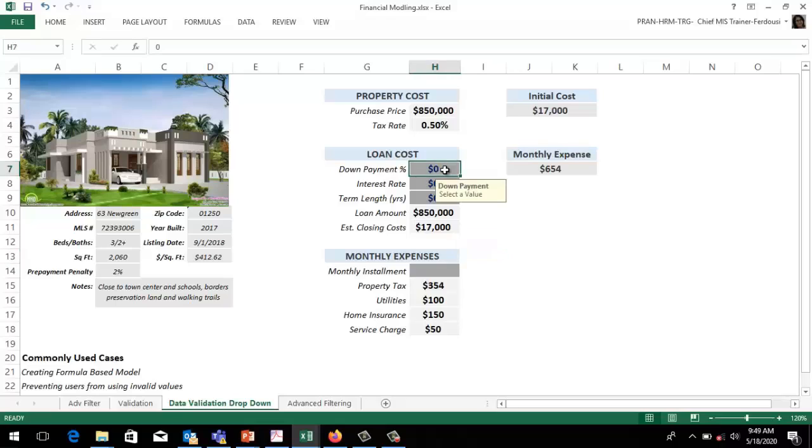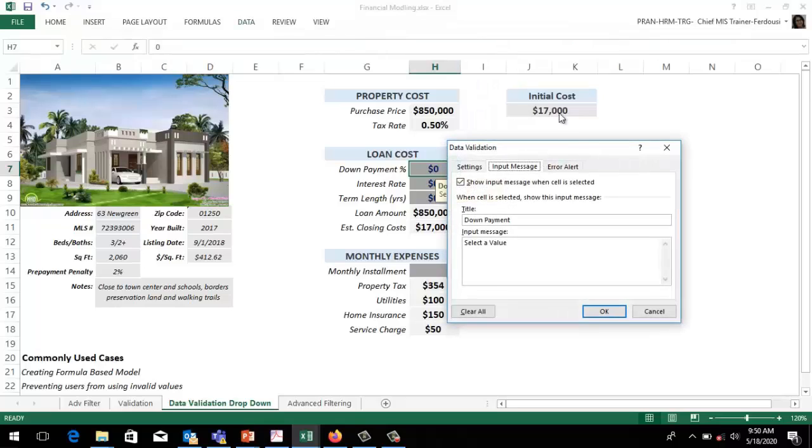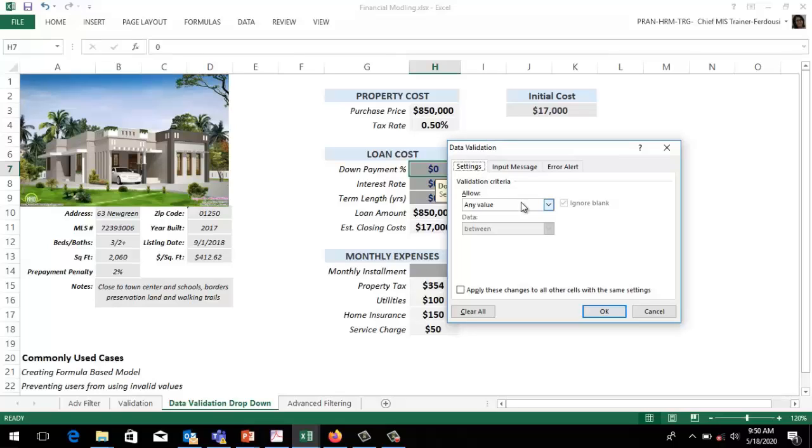Now we will fix the down payment percentage. Again select this cell, data validation, choose settings, choose the drop-down list, choose list, type the percentages like 10%, comma space 15%, comma 20%.